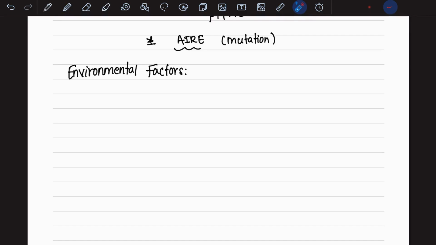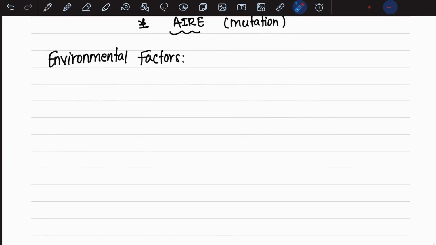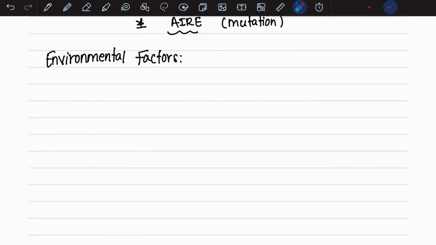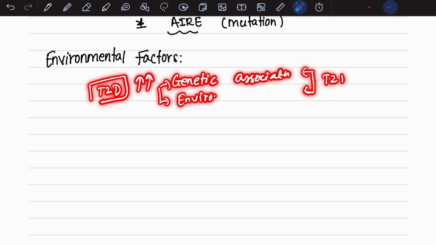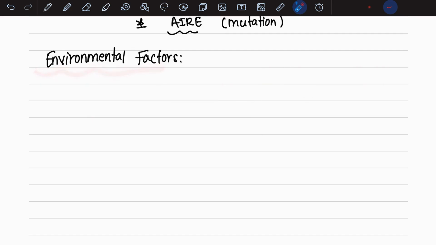If environmental factors are considered, if we compare with type 2 diabetes, type 2 diabetes has more genetic association as well as environmental association. That means environment and genetics both have a greater role to play in type 2 diabetes. That's why about 90% of the cases are mainly type 2 diabetes. So for the environmental factor,